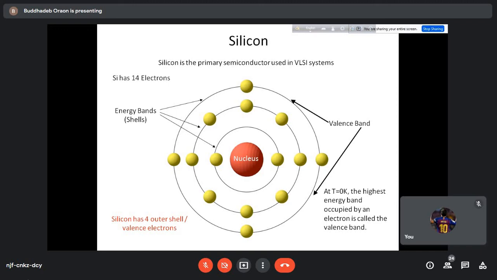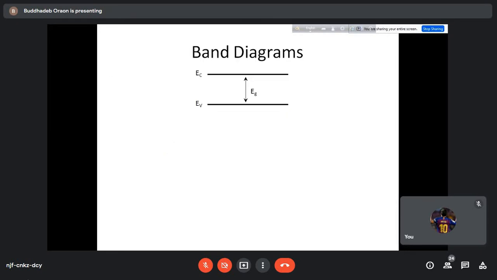These bonded electrons absorb energy, and it may so happen the bonding may be broken, and thereby some holes and free electrons can be generated at high temperature. But at low temperature, silicon, germanium, all these semiconductors actually behave like an insulator, because normally at room temperature they do not have free electrons, or maybe very few free electrons, which in practical terms is not useful.